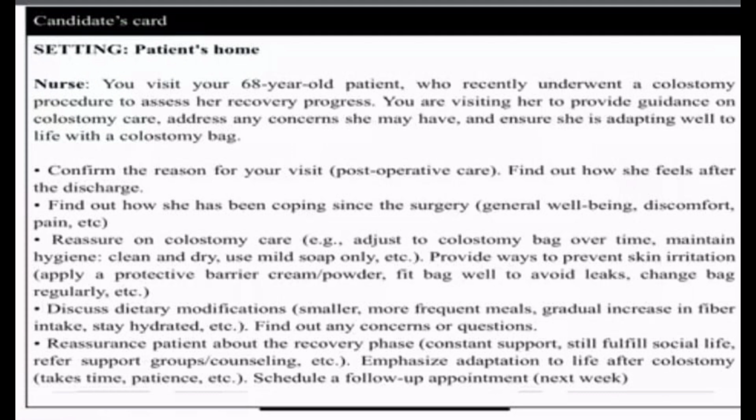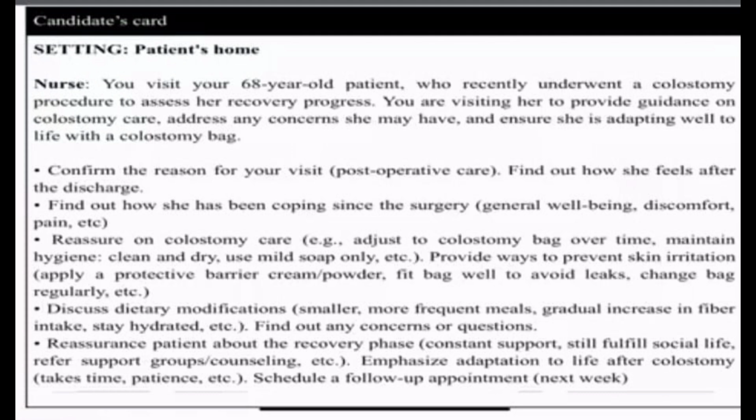You might experience some irritations. Okay, and the next point is to provide ways to prevent skin irritations: apply barrier preventive cream or powder, fit the bag well to avoid leakage, change the bag regularly, etc. So for this we can construct the sentence like this: you might experience skin irritation, so I will provide some